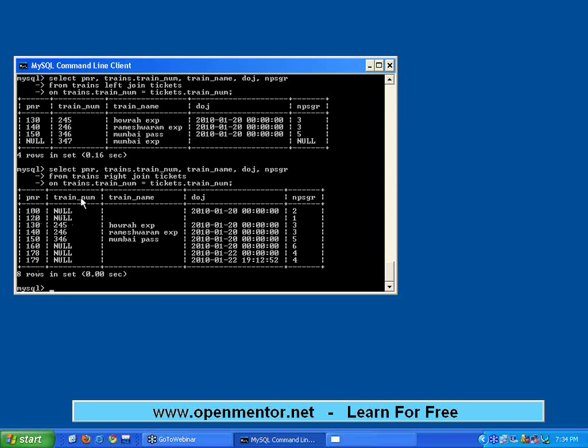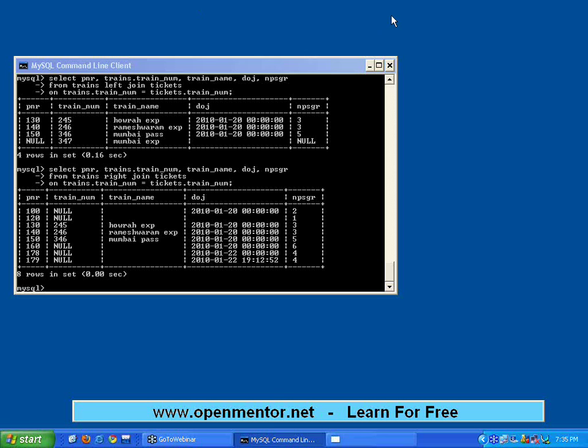So if you want to find which is common, you can use inner join. Which is existing in the left table but not existing in the right table, use left join. Which is existing in the right table but not existing in the left table, use right join. So you can use these joins to find common data and data that is present in one table but not in the other table. The data may be only existing on the left hand side or on the right hand side. Depending upon that, you can use left join or right join. The left join is also called a left outer join. Right join is also called a right outer join.